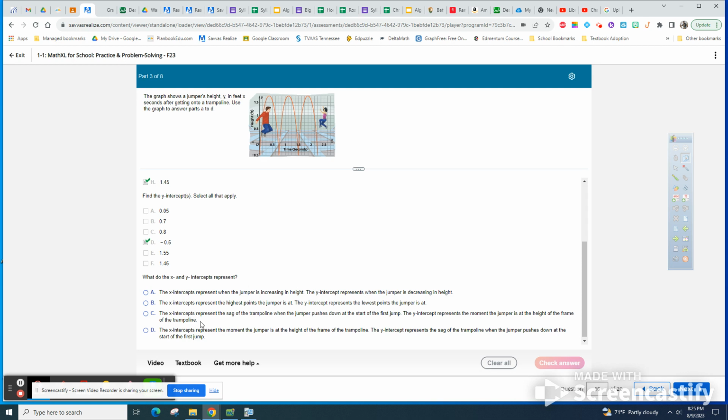What do they represent? Okay, what do they represent? Well, the y-intercept is when they very first started and how far they went down into the trampoline, because the x-axis is the floor level, and then you jump on a trampoline, you go down, and then it goes up above it and then down again. So the y-intercept is when they started and then how far they go down. And then the other x-intercepts is how long it's taking them to be at floor level each time. So how long have they been jumping? Well, just barely, a little bit